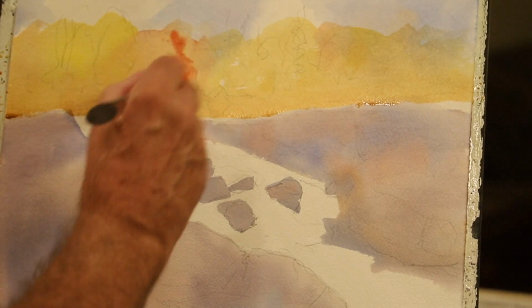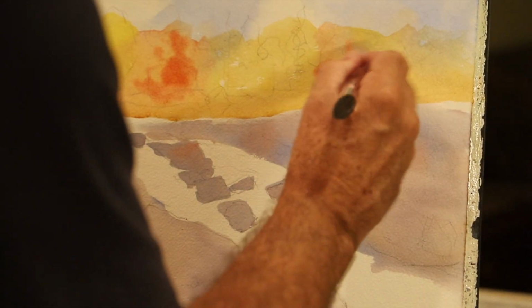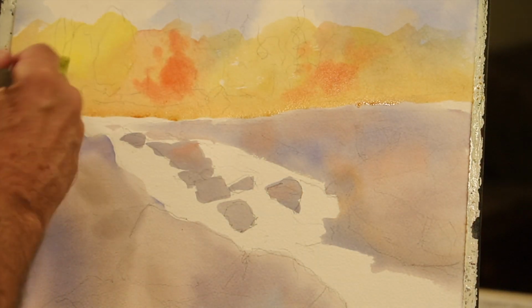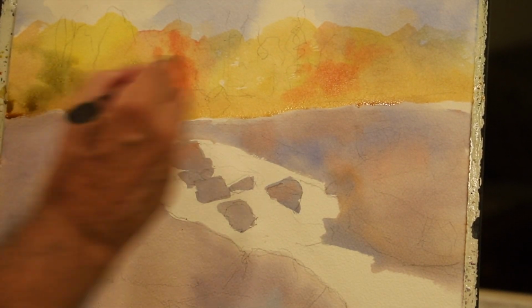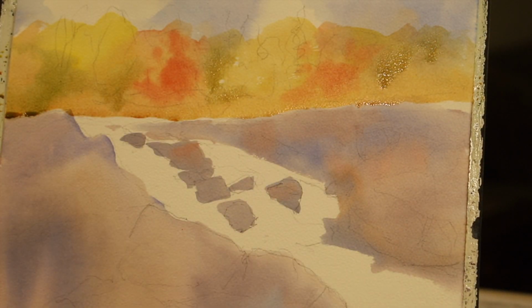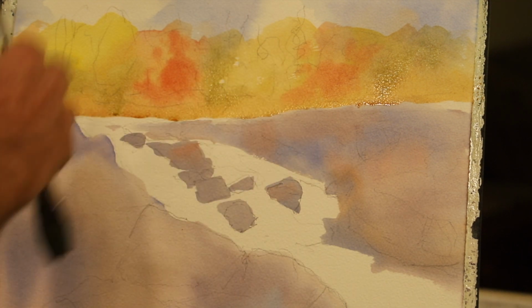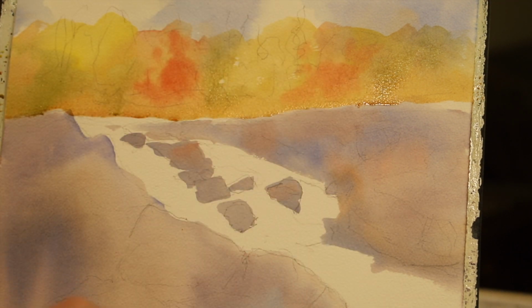I will put in a little bit stronger colors, just kind of random things like you would see from a distance with their trees. Now a little green, there's still green in the background. So I just suggest some things, and when you're doing the trees, you want to vary the distances, vary the colors everywhere. So I'm kind of liking this,